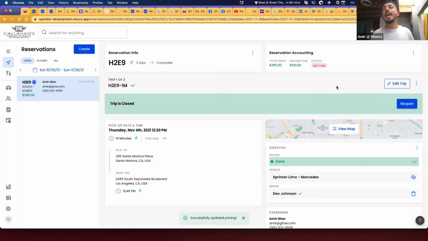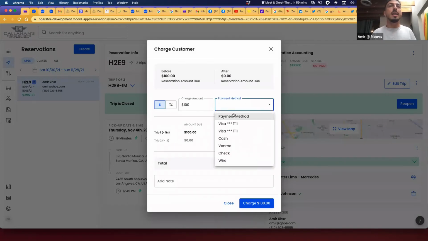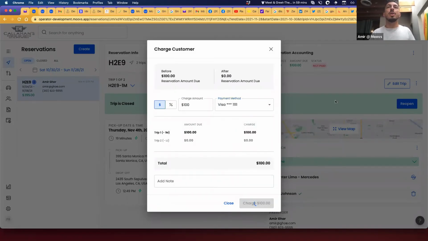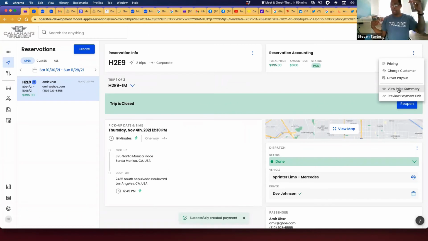Now again, up to you, you can send this for payment, or you can just go ahead and charge it. So right here, I'm just going to go ahead and charge it. And then on the Visa, charge. Now the client will see that charge on the receipt from you, which will say that the price was $295, but you took half an hour to come out, so it's $100. So they can't even say, oh no.